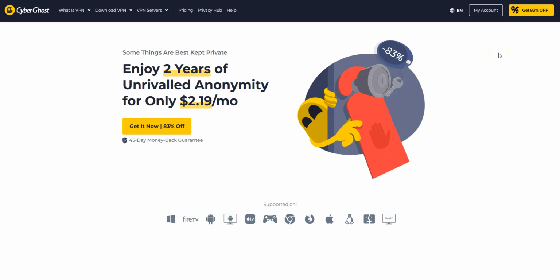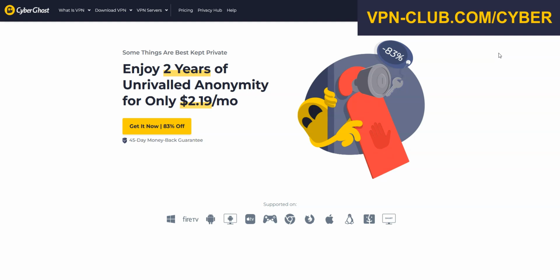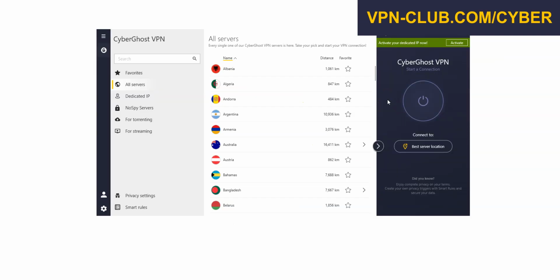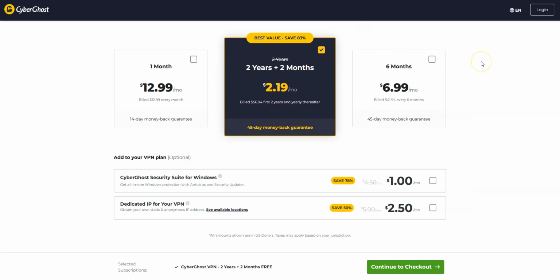There is another VPN that allows you to bypass an IP ban. It's CyberGhost VPN. CyberGhost is also a safe, reliable, and fast VPN with over 11,000 servers in 100 countries. Like ExpressVPN, CyberGhost will allow you to mask your IP address and thus bypass IP bans. CyberGhost is available on Windows, macOS, iOS, Android, and you can use it on up to 7 devices simultaneously. So, if ExpressVPN is a bit too expensive for you, I recommend using CyberGhost, which is more affordable.